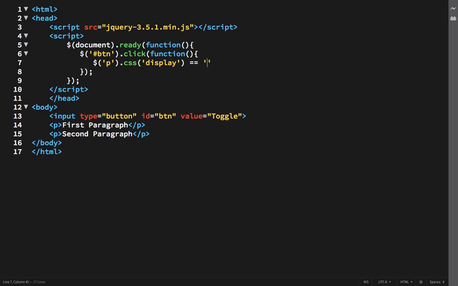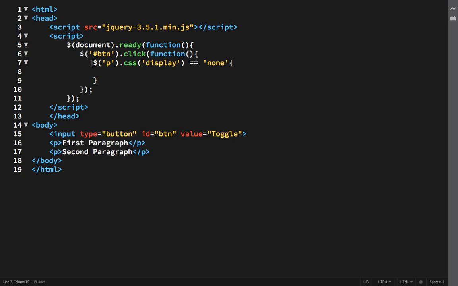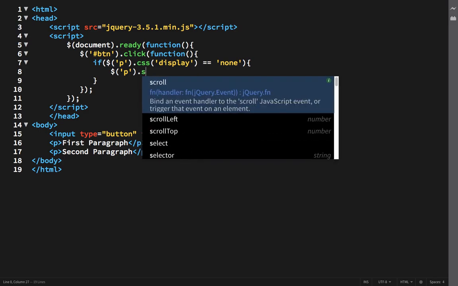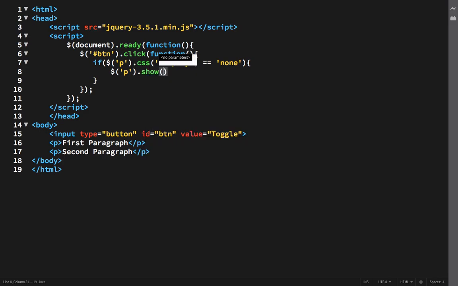If it is none, for that we have to use an if statement. If it is none, that means we want to show the paragraph, right? So for that we'll use the show function. You can also use some number here, like 1000, that means it will take 1 second to show the element.